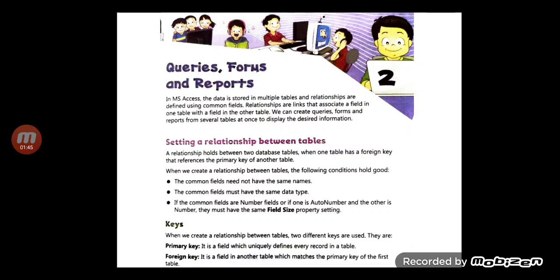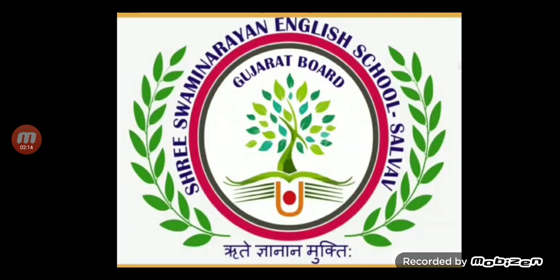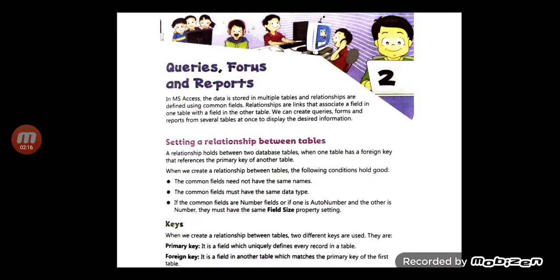Forms are the primary interfaces through which the users of the database enter the data. The data that are accepted through these forms are stored in the tables later. Reports can be generated by using the data in the table through queries, and you can even print and view these reports easily. Now let us continue with lesson number 2.